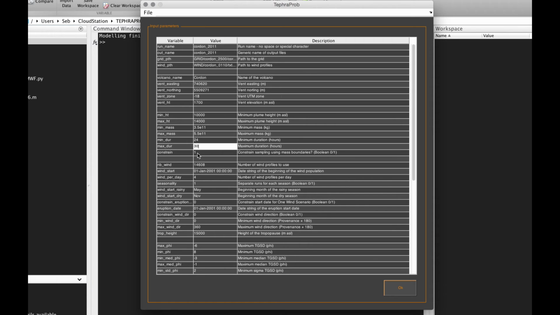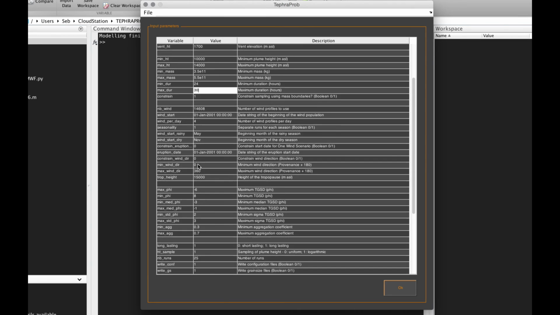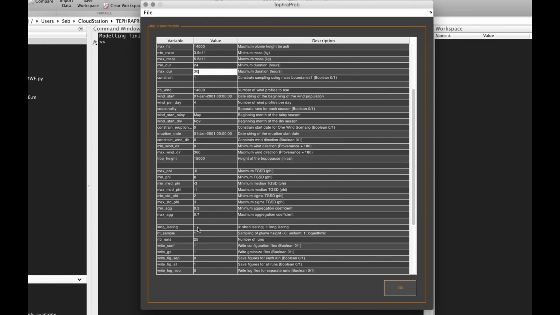Okay, so let's keep that constraint, and then what we want to specify here is long lasting equal to